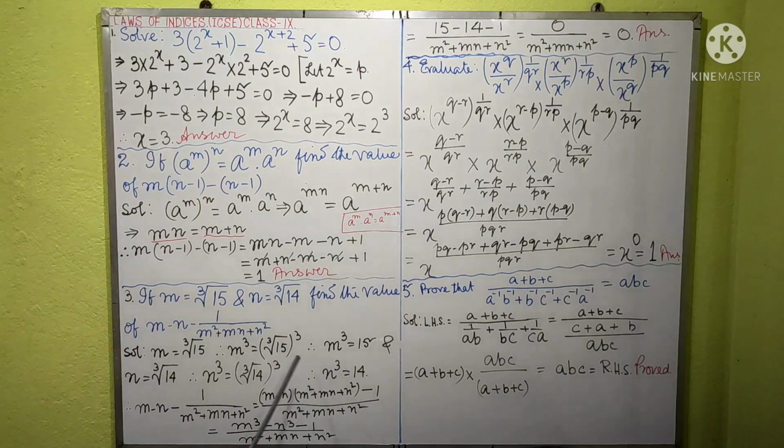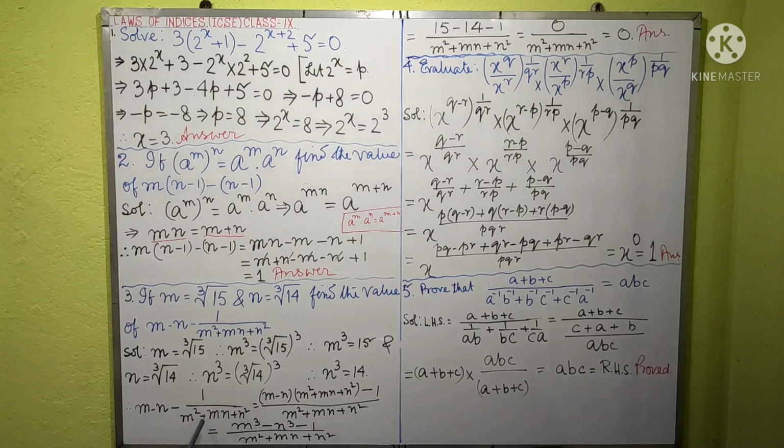m cube equal to 15. Similarly, n equal to cube root of 14. Therefore n cube is equal to cube root of 14 cubed, that is n cube equal to 14. Now this one, m minus n minus 1 by m square plus mn plus n square equal to,